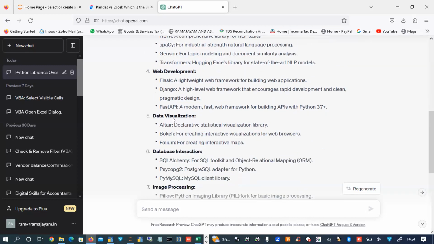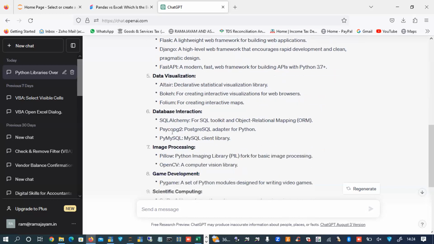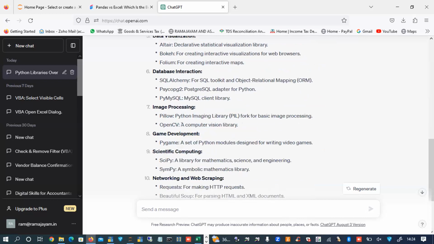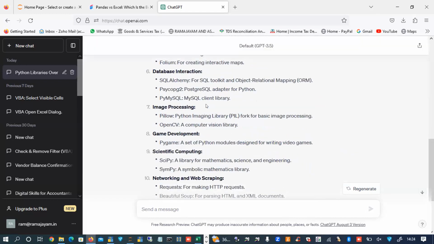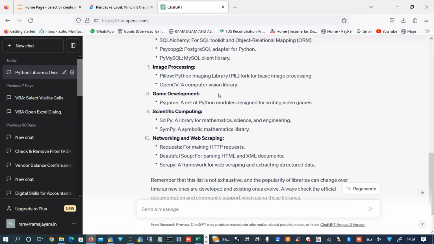Likewise, for data visualization, you have 3. For interaction, that is, extraction of data from a database, you can use these 3. Image processing, game development, it goes on like that. You can use a lot more libraries.